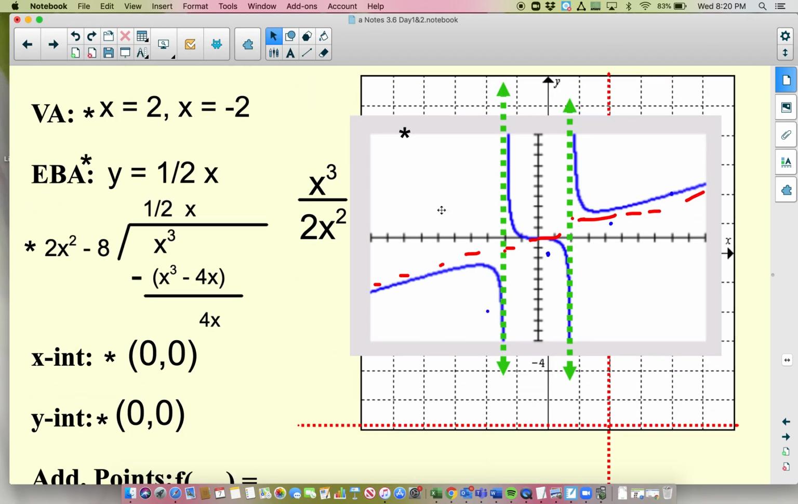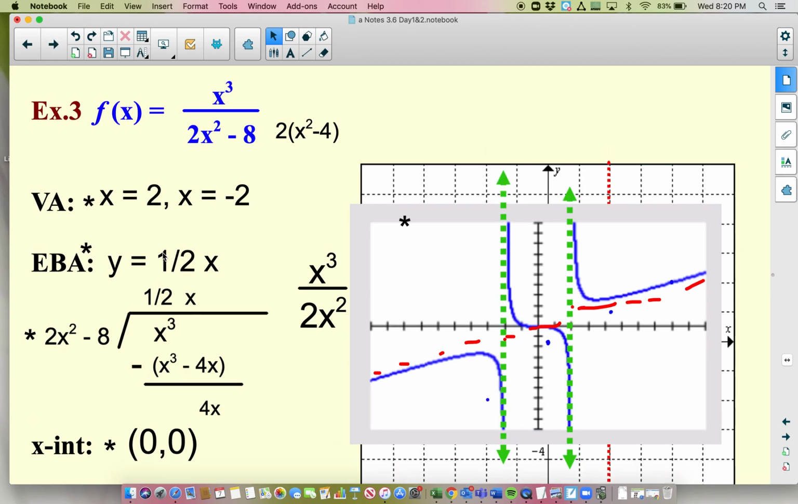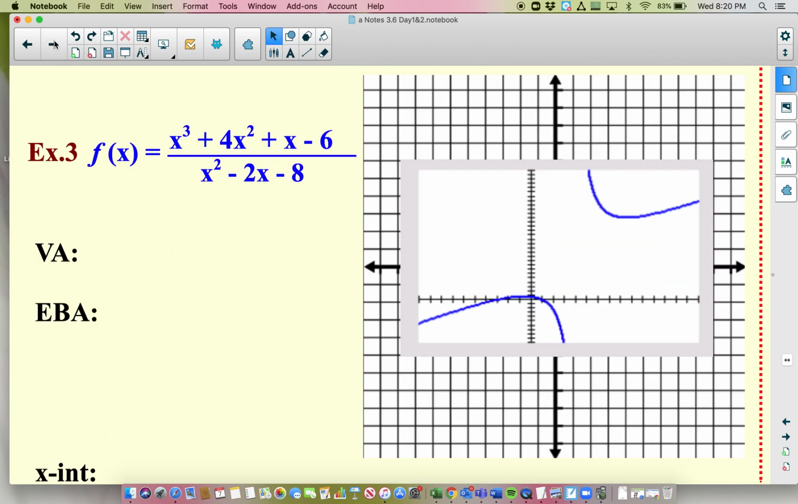The domain on this one is everything except -2 and +2. Remember, it's always everything except those vertical asymptotes. And then my range, because this middle piece goes on forever up and down with no holes or breaks, my range is all real numbers. So -infinity to infinity. All right,